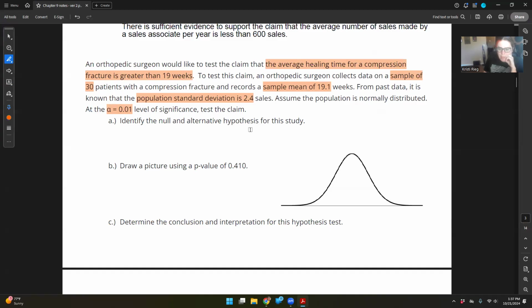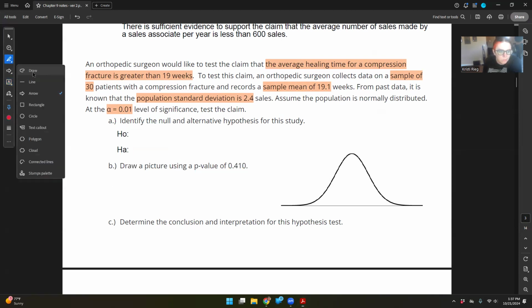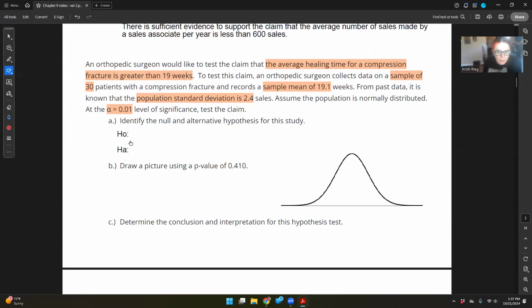Test the claim. Okay, so we are going to identify the null and alternative, and then that's going to tell us how to draw the picture. So we have our null, we have our alternative, we have our mu. Mu is,